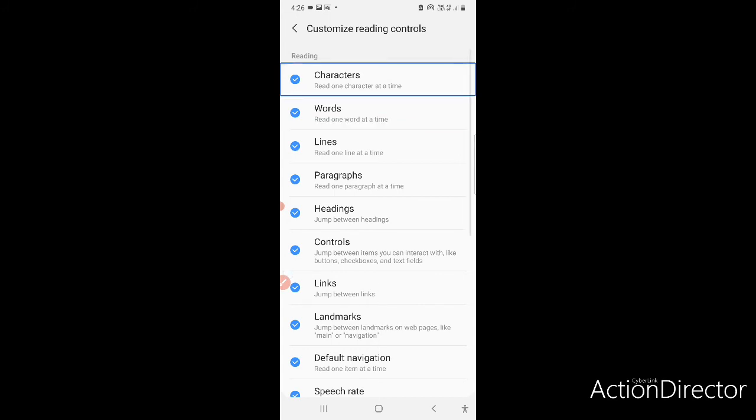Capital C. Charlie. Okay, you have to swipe down to read. Don't swipe up. If you swipe up, then the last letter will be read first, so you have to swipe down. If you swipe down, then your first letter will be read first. Capital C. Charlie. C. I'll read the spelling of check.